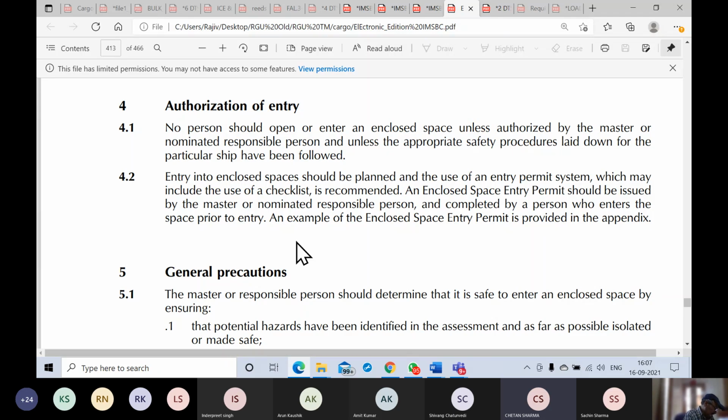And their name should be mentioned at the time of entering. They have two pages. The first one where they say who will go and who will not go, and the other page is the time of entering and coming out. So the person who is entering, at that time his name should be mentioned, because he has already got briefed about what the scenarios inside are, and what the precautions to be taken are.